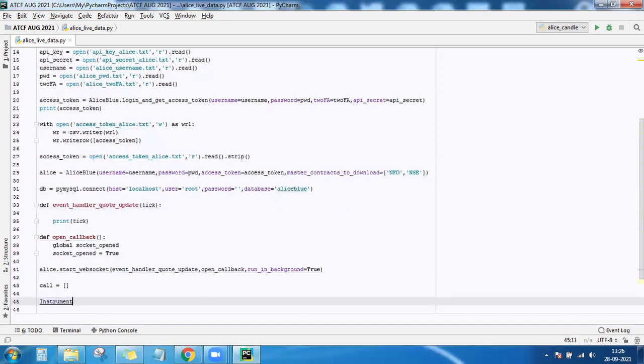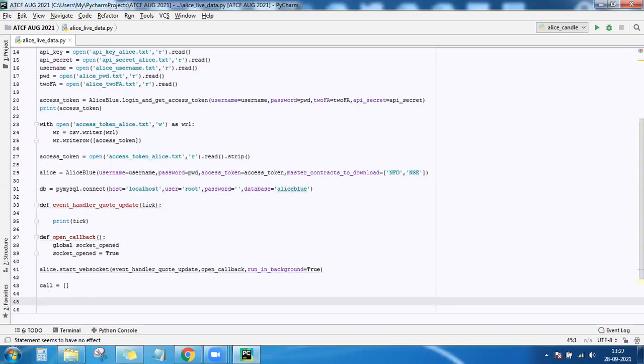So this is the object. So whatever symbol you are requesting, that should be of this instrument type, not a string. So if you want to request ACC stock data, if you just pass ACC inside two quotations, it won't understand. You should pass it as an instrument object.